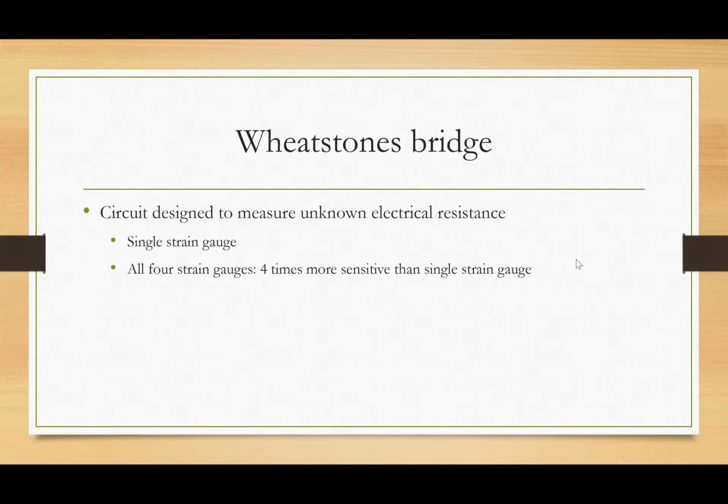So this is the basic circuit. Wheatstone's bridge is the basic circuit used in an intra-arterial blood pressure transducer. It is used to measure the unknown resistance, and initially only one of the resistance arms was a strain gauge, but these days all four resistance arms are strain gauges. All four strain gauges are incorporated in the Wheatstone's bridge, and that is four times more sensitive, and also it does not change with the temperature. Such Wheatstone's bridges are available, and all four strain gauge Wheatstone bridges are used in the transducers these days.